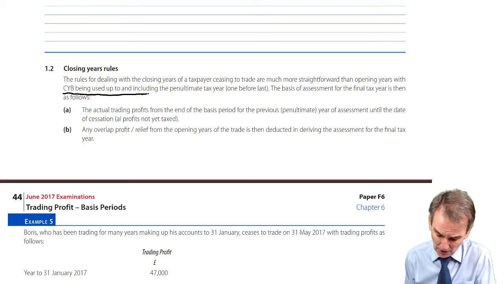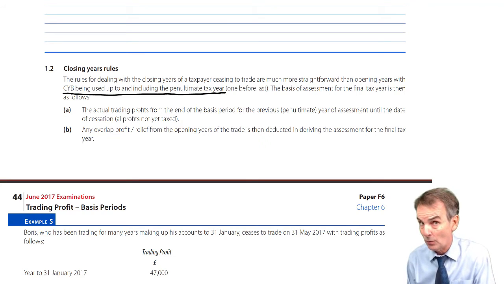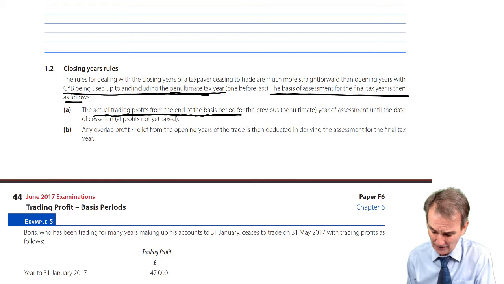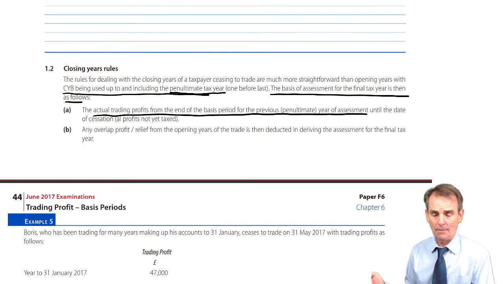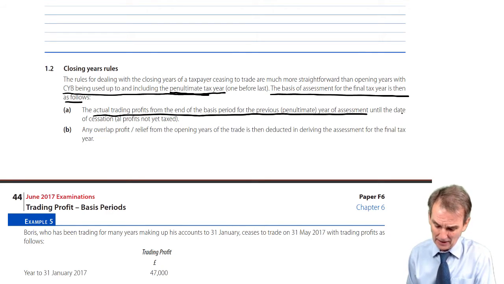CYB will be used up to and including the penultimate tax year. The word penultimate means the one before last, so the penultimate tax year, the one before the final tax year. The basis of assessment for the final tax year is then as follows. You want any remaining trading profits from the end of the basis period for the penultimate year of assessment. So this is either going to be 1 or possibly 2 periods of profit that will exist. So any profits as yet unassessed up to and including the penultimate tax year, there's only one other year they can go into, so it or they go into the final tax year,